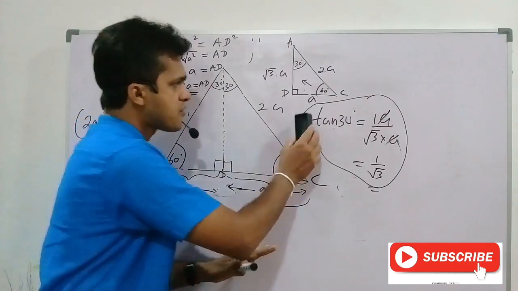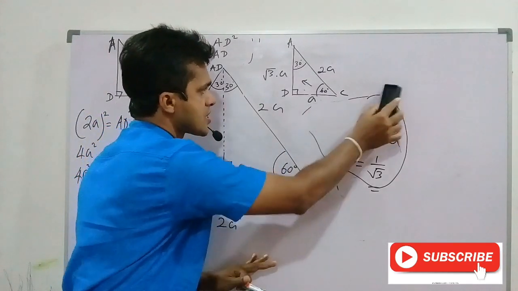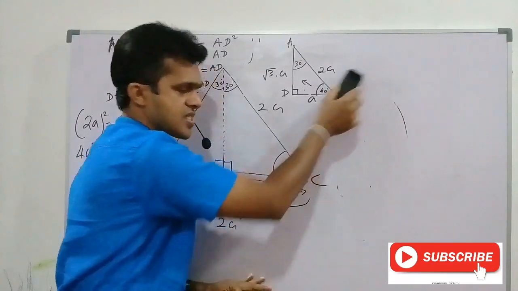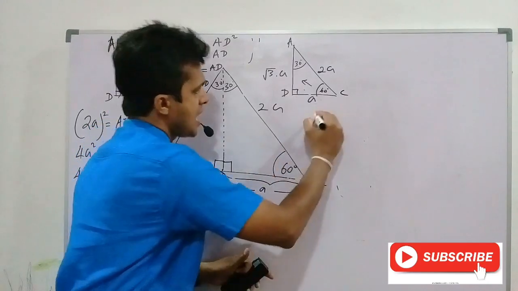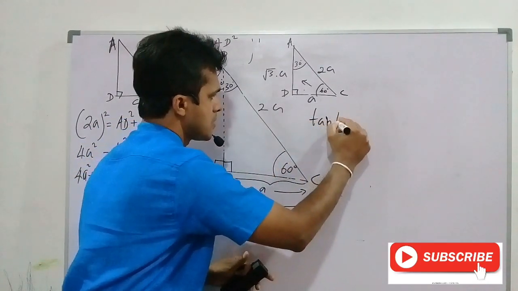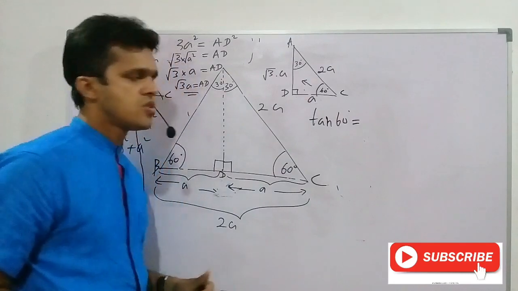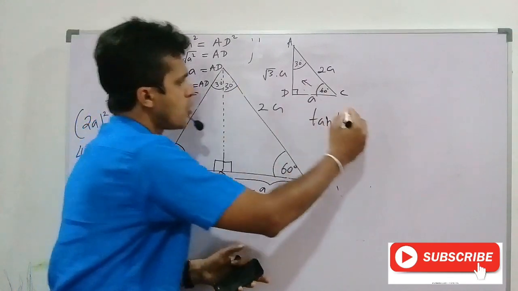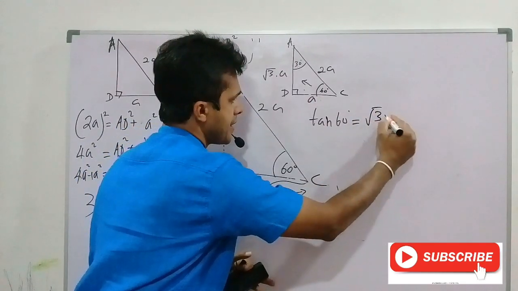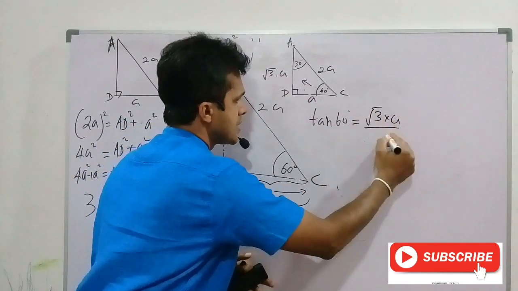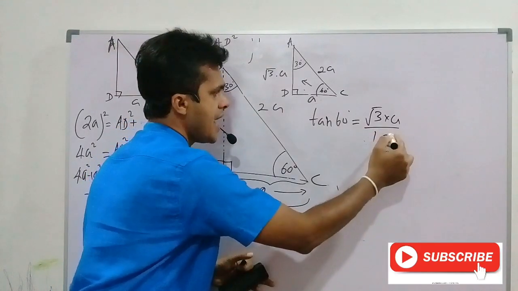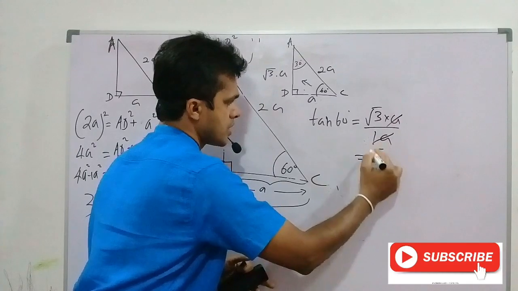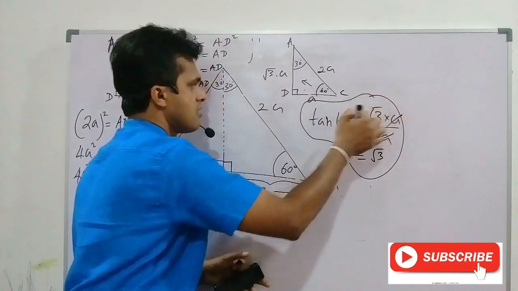Let's find the value of tan 60. Tan 60 equals OS over AS. OS is root 3a, AS is a. Now a and a can be simplified. So root 3 over 1, root 3. So tan 60 equals